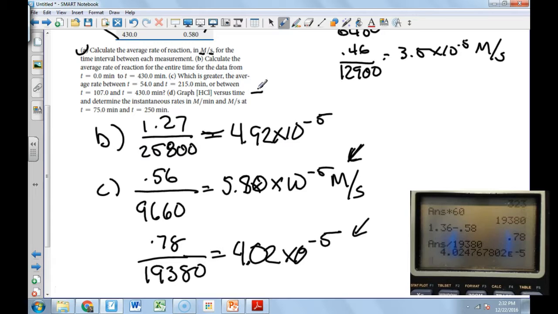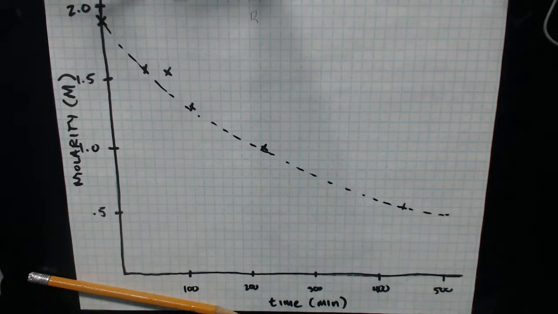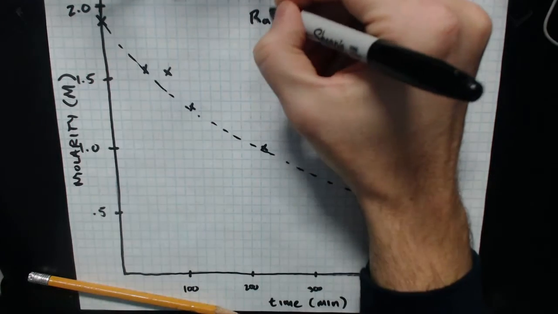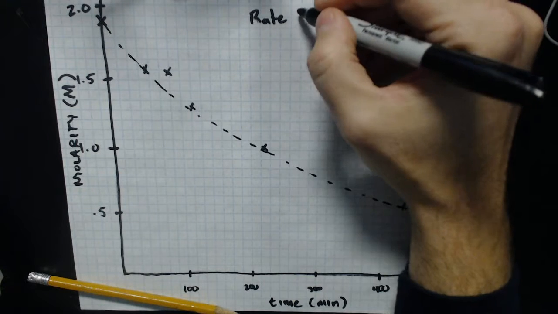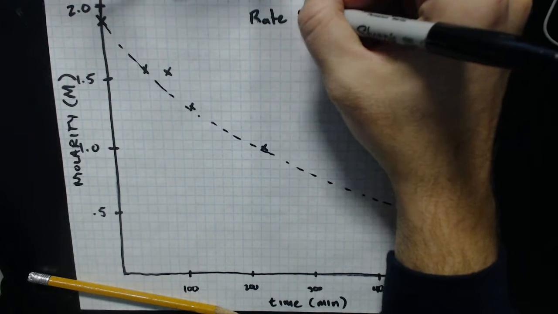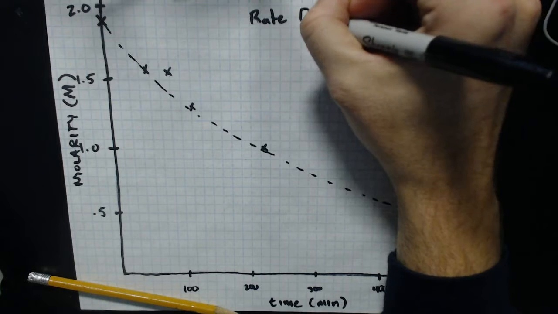Okay. So now, here it is. Now we want instantaneous rates. It says graph this versus time and determine the instantaneous rates in molarity per minute and molarity per second at 75 seconds and at 75 minutes and 250 minutes. So to answer this question, what I've done is I've set up a graph. I've actually graphed the data in the problem, and I think that just so you can see, it's easier for me to show you that I do this